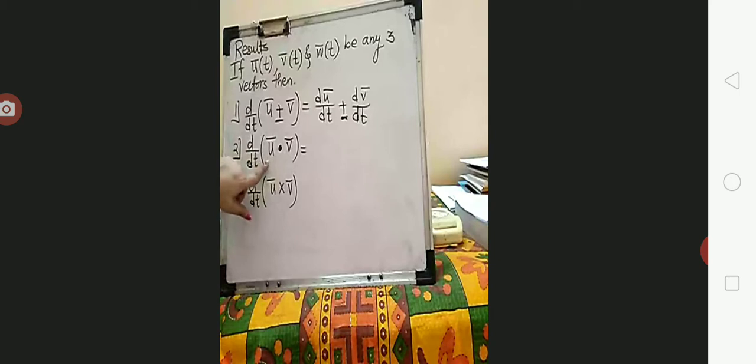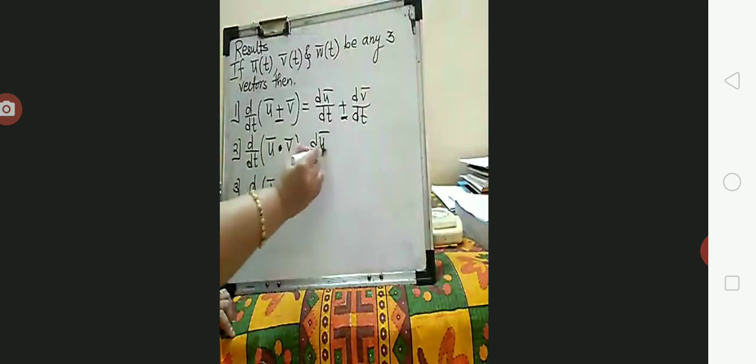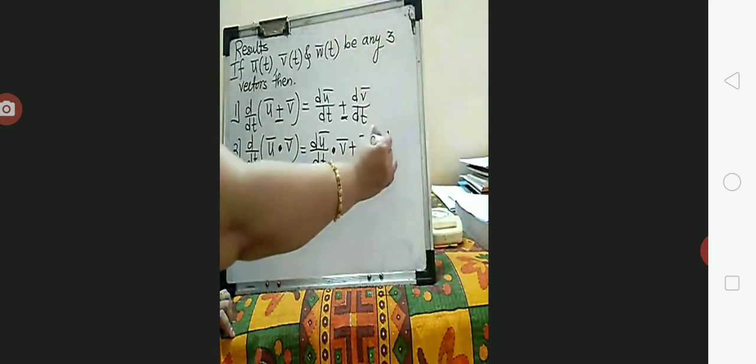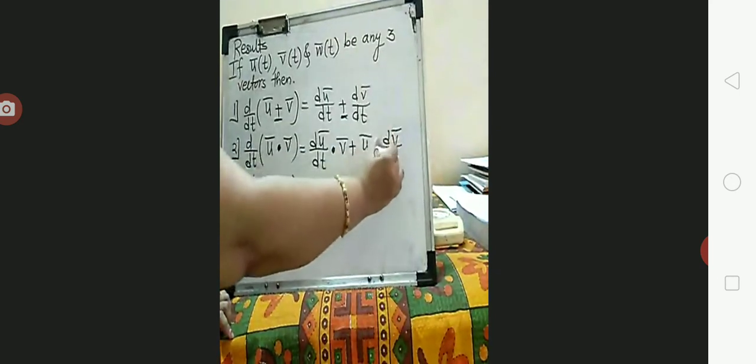So what I'll do is I just represent it in terms of your vector product rule. So it is d/dt of u bar dot v bar. So the general product rule is what? Take the derivative of the first, preserve the operation as it is, keep the second vector as it is. So here it is du bar by dt dot v bar plus u bar dot dv bar by dt. Now you can prove this also taking any general vector and try to prove this.